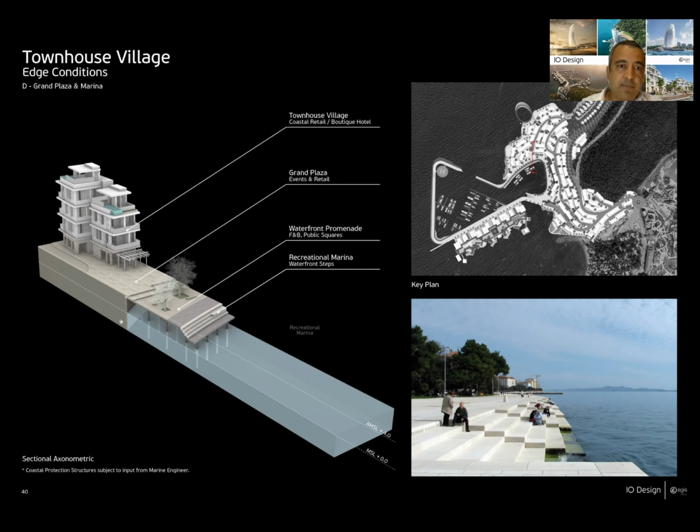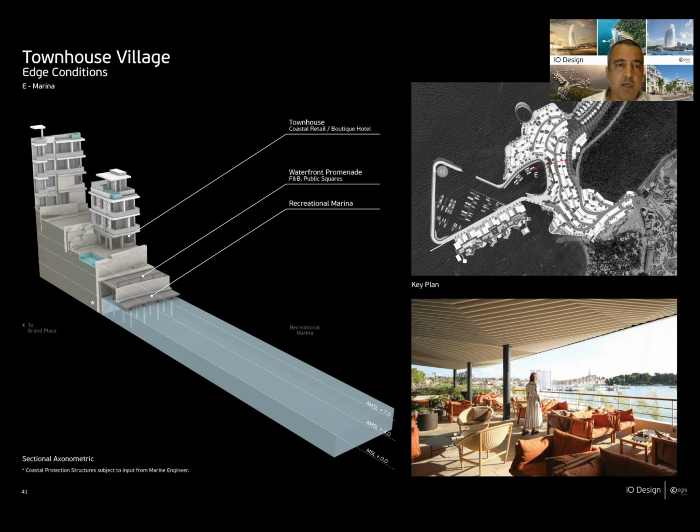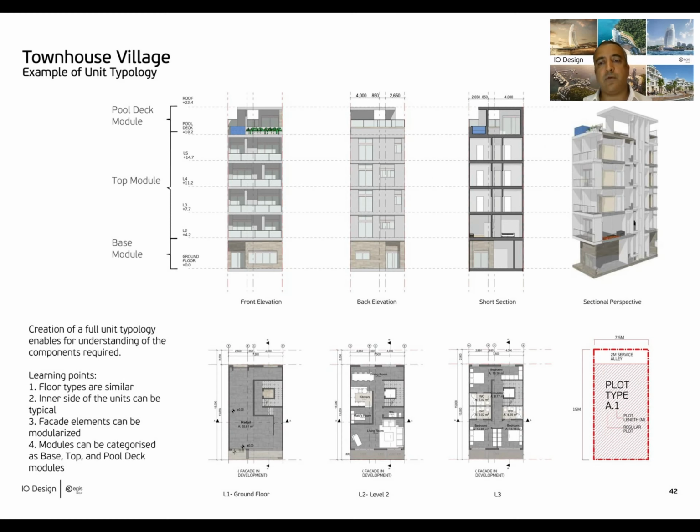Also, the Grand Plaza and the marina, where it interfaces with the marina, so it was a different condition. And again, a little hotel that is also within the typology. So this generated, of course, different buildings, but always